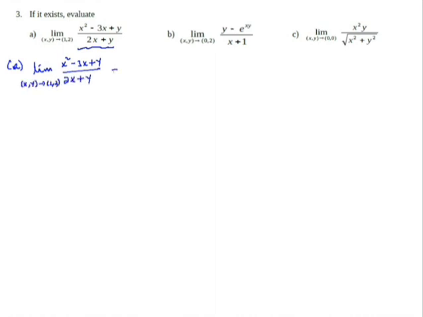ሶ ዳይሬክት ሰብስቲቱሽን ስንጠቀም በኤክስ ቦታ 1 በዋይ ቦታ 2 እናስገባለን። ስለዚህ ሪዛልቱ ምንድነው የሚሆነው 0 over 4 which is 0. Therefore